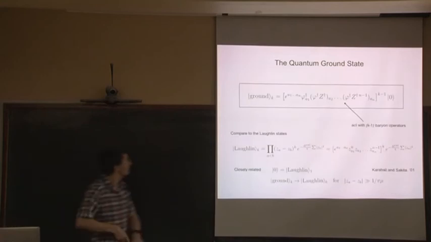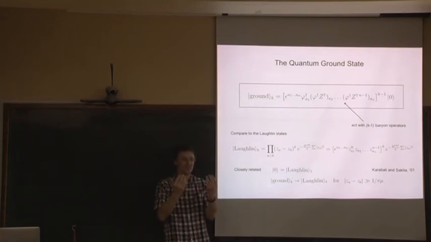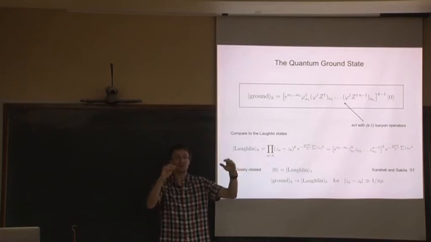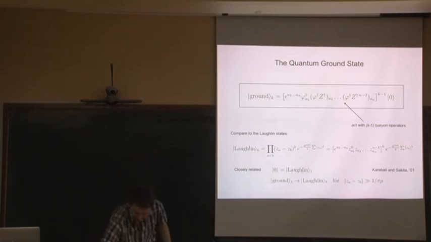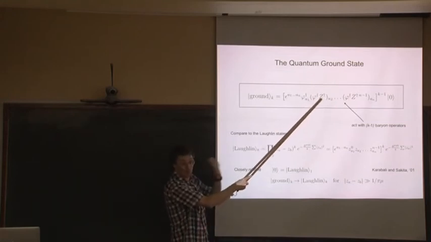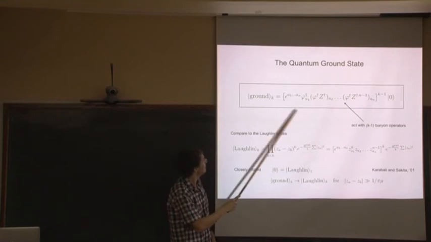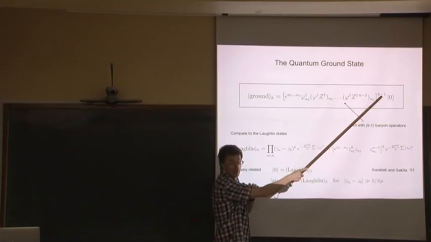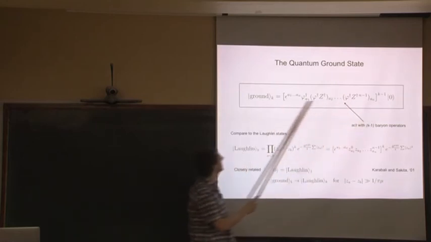Alright, so the final state you end up with has these interesting combinations of phi's, and it's very nice the way it works out. You're obliged to put a certain number of phi's in. But then just by anti-symmetry, the SU(N) singlet condition obliges you to put some number of z's. And you pay energy cost only for z's, not for the phi's. So the smallest energy state has no z's here, and then 1 z, and then 2 z's, all the way up to N minus 1 z's. And in the state with Chern-Simons level k, you've got to raise this to a k minus 1 power to have the right number of charges. Okay? So this is the ground state.